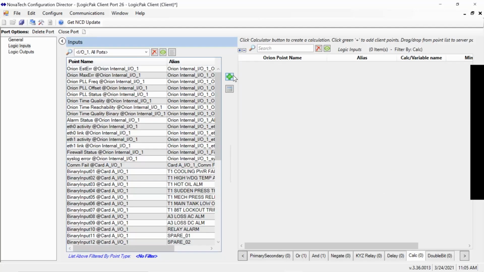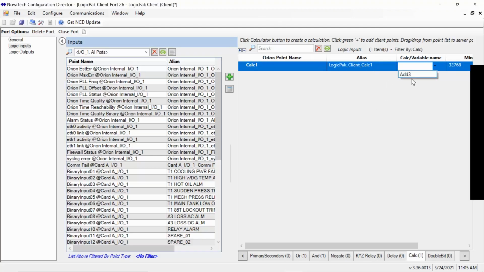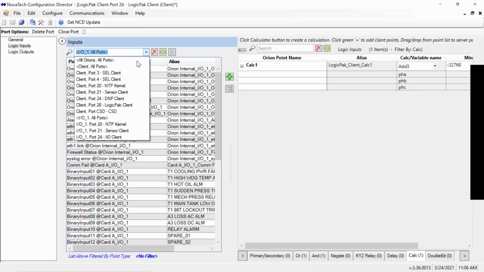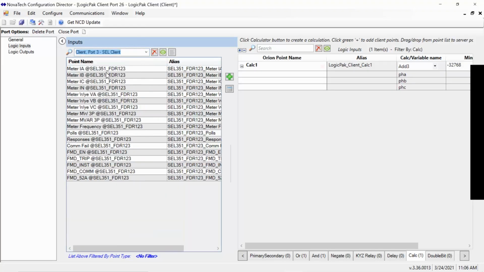Now, the reason I like to use this example is because oftentimes you will find in the field that like Cooper Form 6s, for example, are a great example. They give individual phases, but they don't necessarily give 3-phase totals of some of the analog values that are commonly metered. So what I'm going to do is, you'll see I clicked the green plus. It brought out a new calculation here. I'm going to go ahead and do the calculation of add 3, and those same values or placeholders that I created in my equation now appear here. So what I'm going to do is I'm going to mimic polling port 3 like this,